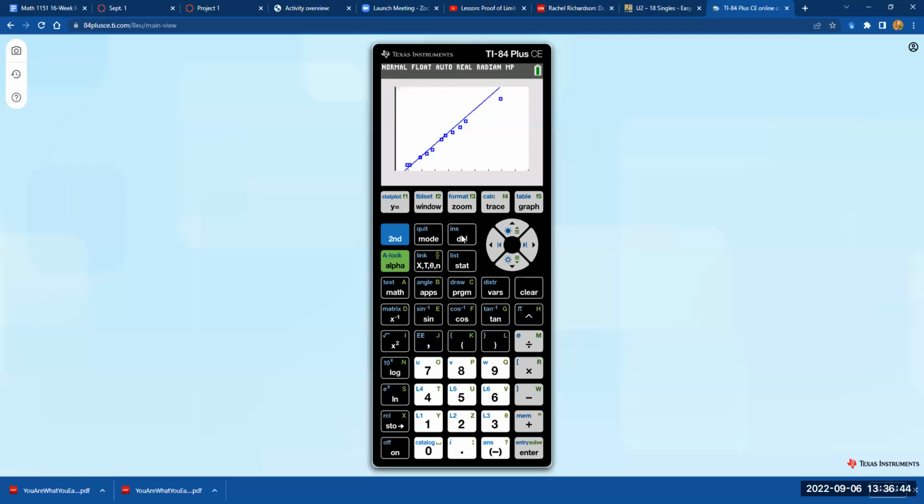What they're asking us to do is to do this: stat, calc, linear regression. Now we want to store the regression equation in Y2 so that we can view them together, and then calculate and look at the equation you get, in this case, 11.789, etc., and